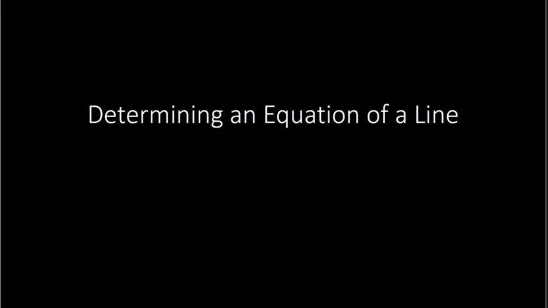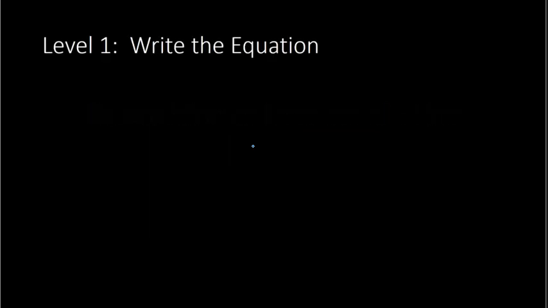In this video, you will learn how to determine an equation of a line. There are three different levels of difficulty when trying to write an equation of a line. The first level is when everything is given to you. For example, if the slope is 5 over 3 and the y-intercept is -2, and you're told to write